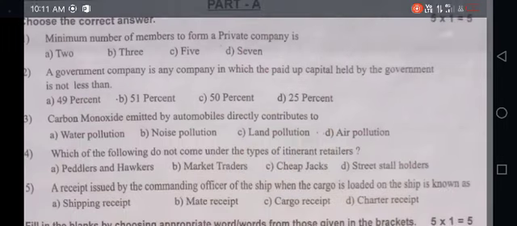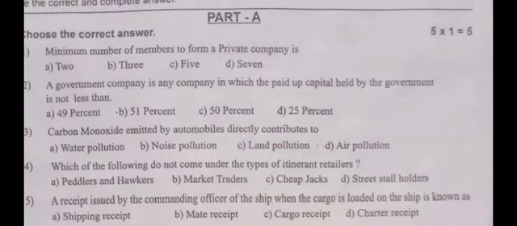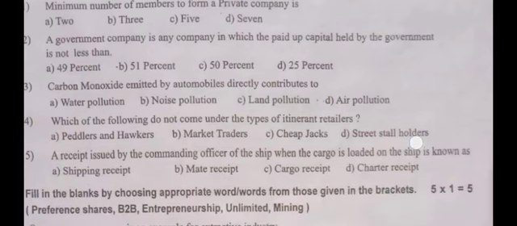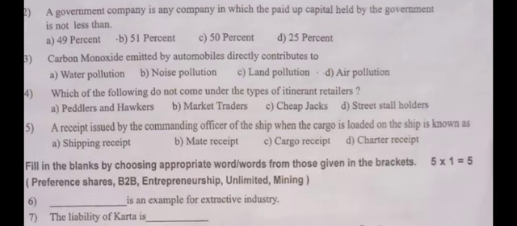First, Part A. Choose the correct answer. Minimum number of members to form a private company is. The government company is any company in which the paid up capital held by the government is not lesser than